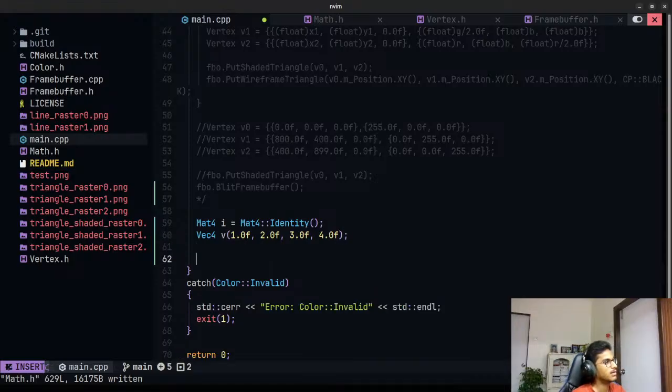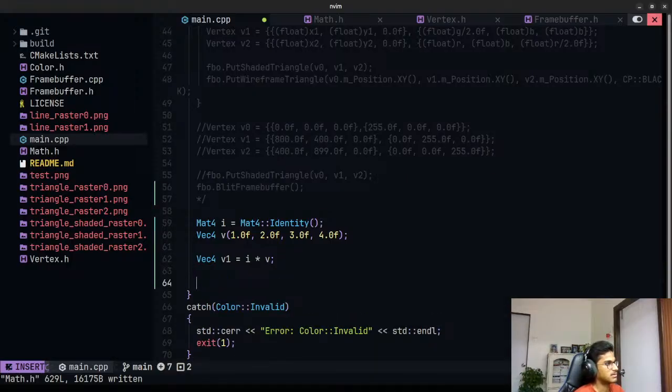And now we'll do vec4 v1 is equal to I times v, and let's check out